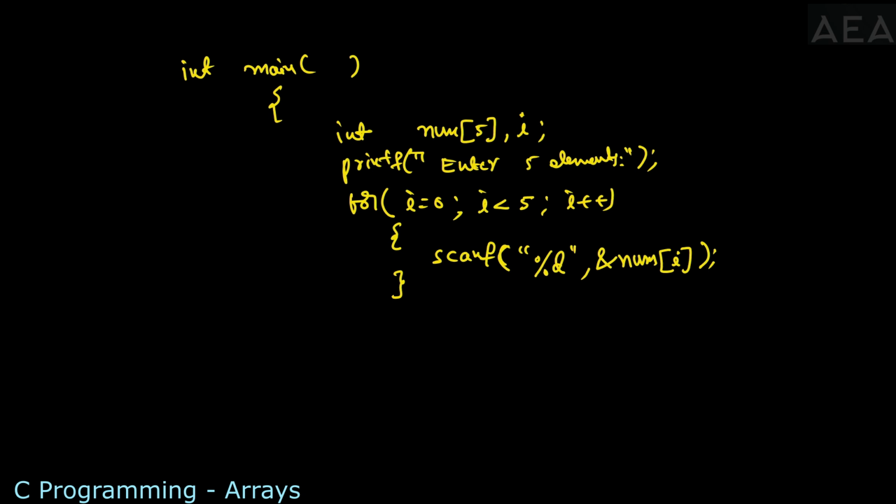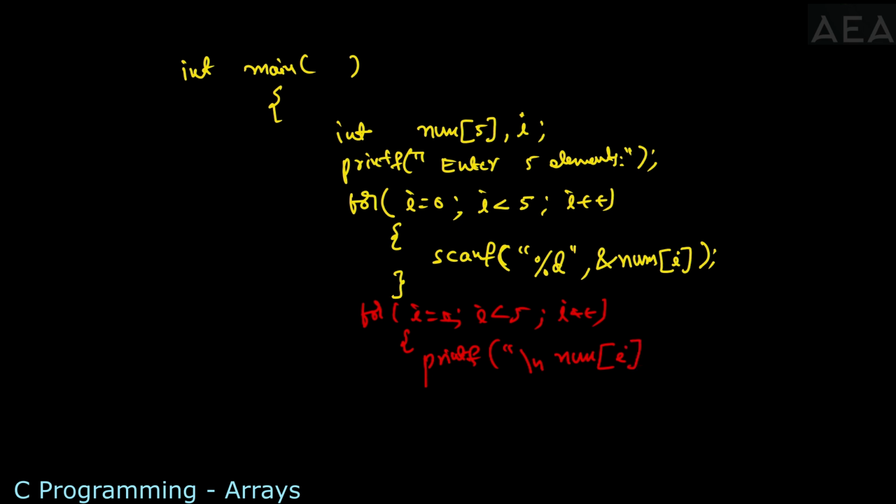And later I want to print this array. So print this array in a new line. For that purpose I am writing again one more for loop. For i is equal to 0, i is less than 5 because the size of the array is 5, and later write here i plus plus. Okay, here I am printing the array. Printf, just I want to print those values in a new line. That's why I write a new line like this, and later I am writing directly num